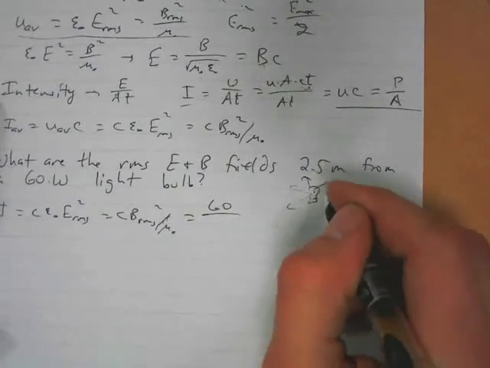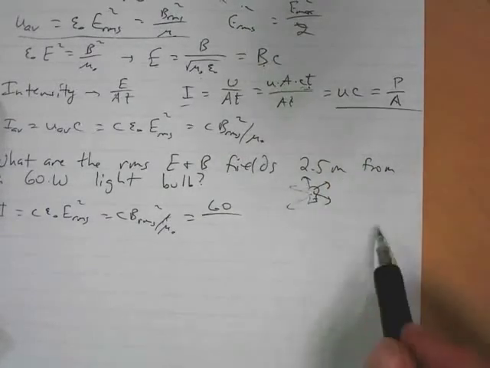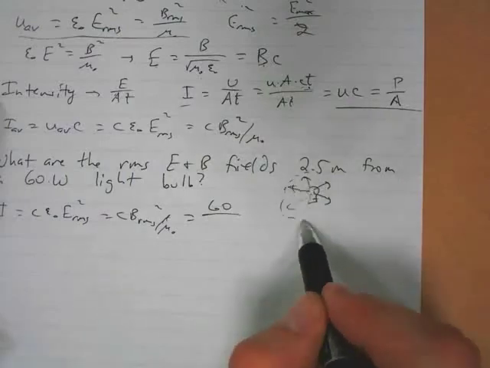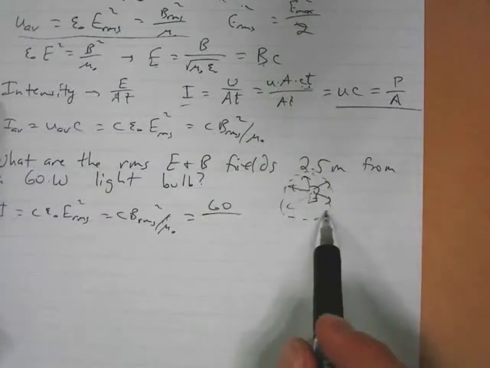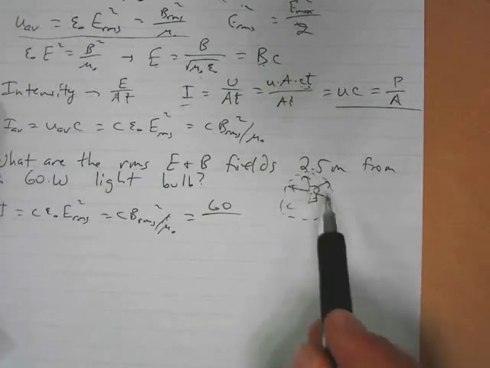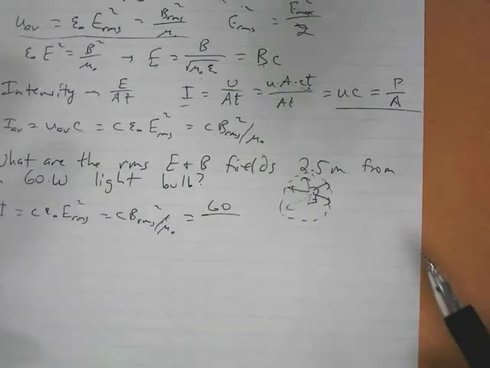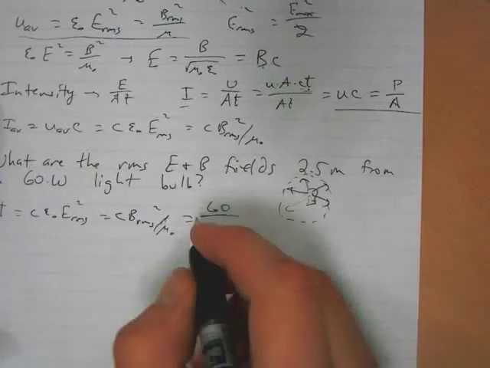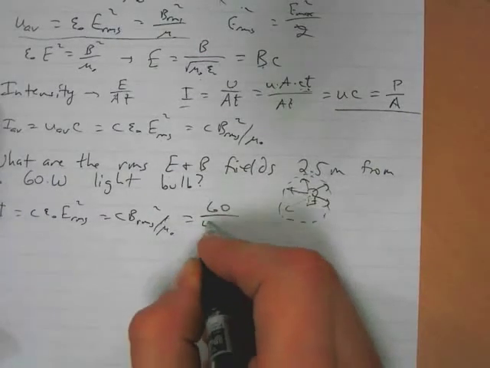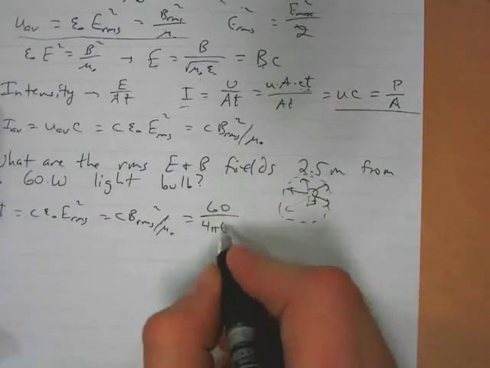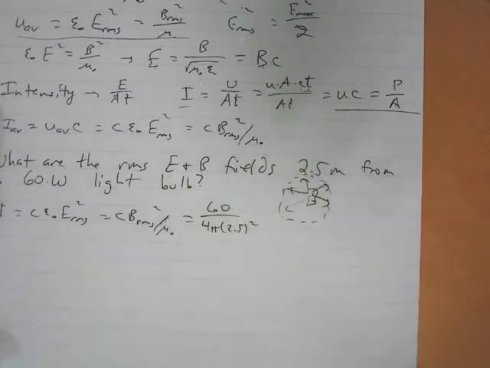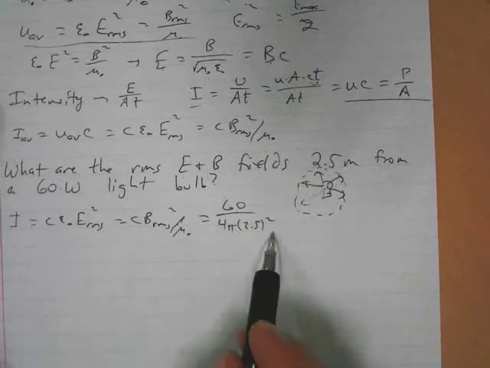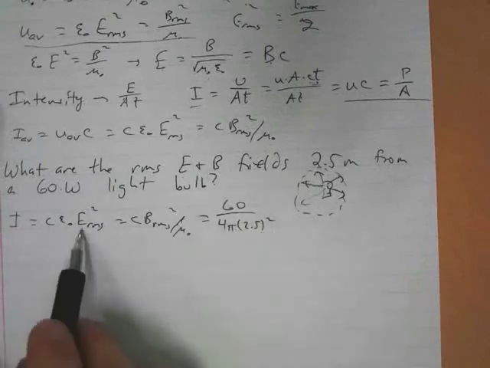So the area that a given set of light rays are hitting at a time is passing through the surface of a sphere a set distance from the light bulb. And so 2.5 meters away, the surface area of a sphere is 4 pi times radius squared. So that's our intensity, 2.5 meters away, and we can use that to calculate the values of the root mean squared